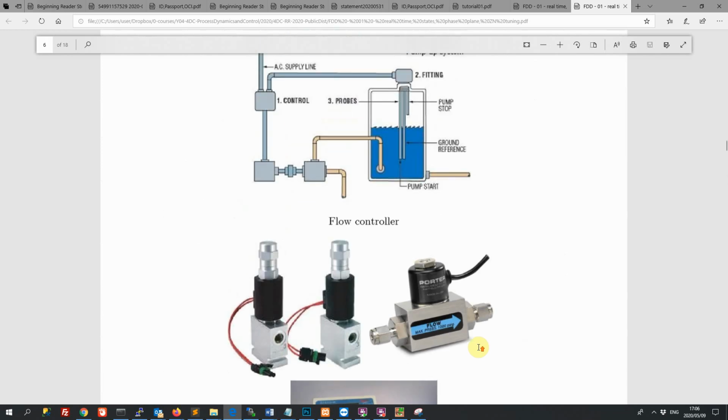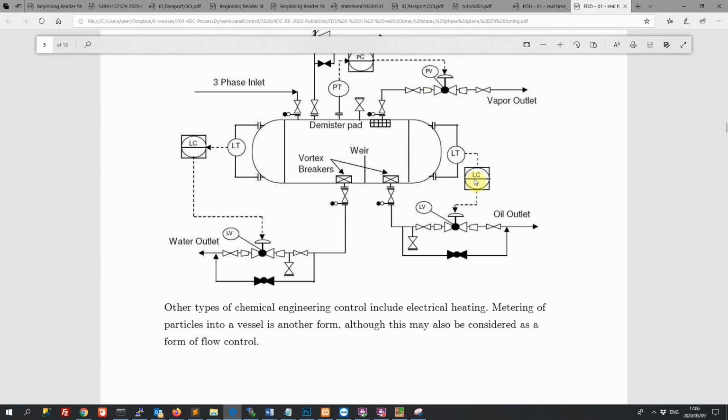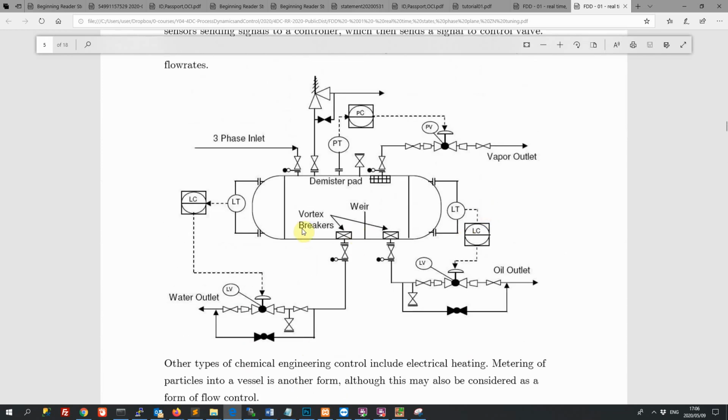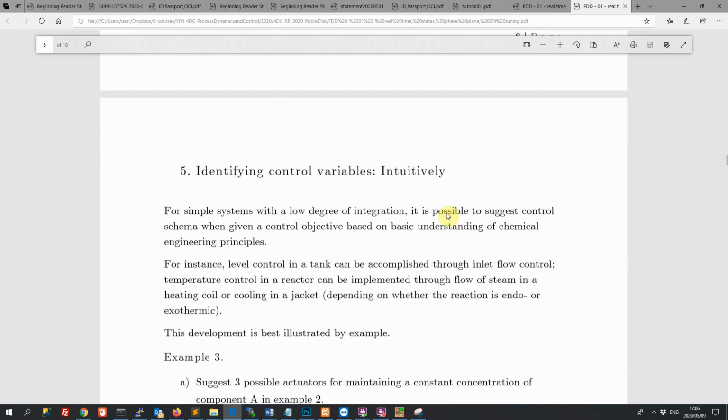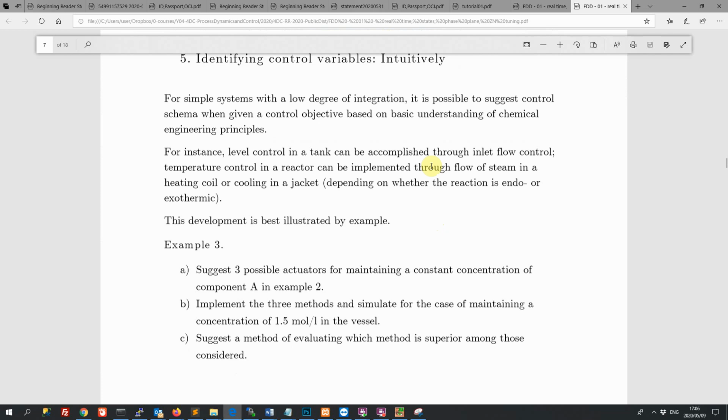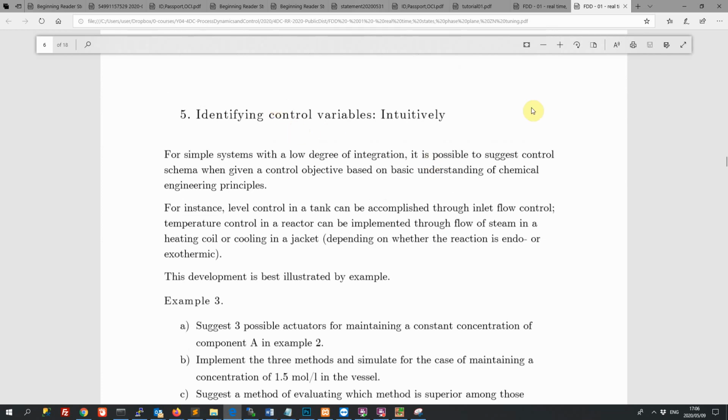So the way we described it, we did it fairly intuitively, right? We said, oh, liquid or water level, yeah, why don't we use the water flow? And oh, pressure, yeah, from my chemical engineering knowledge, we should use a vapor exit flow. So that's not exactly intuitive. It's, if you'll allow me to say, a kind of educated guess, but that's not the only way to figure out how to associate